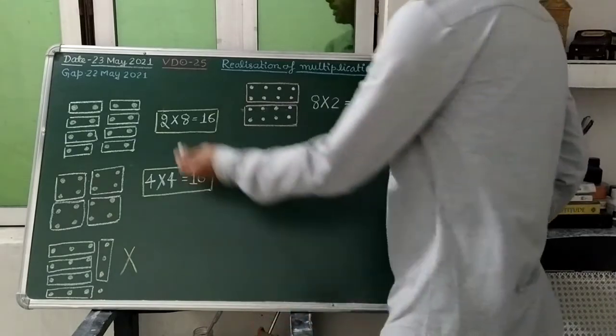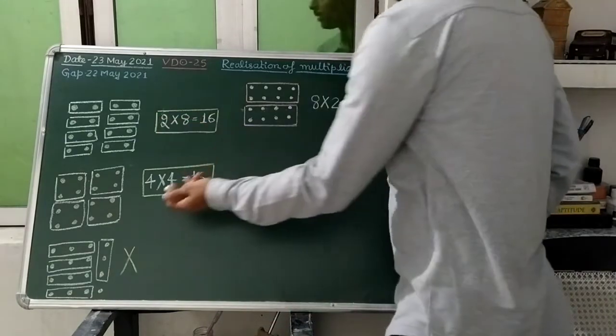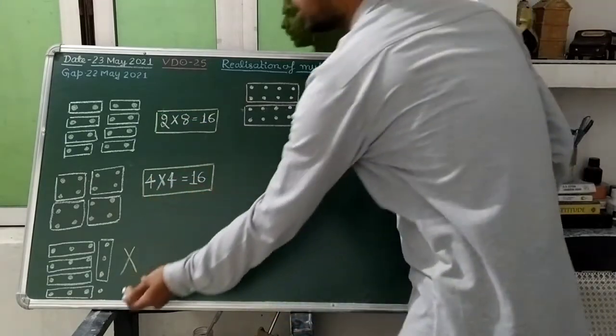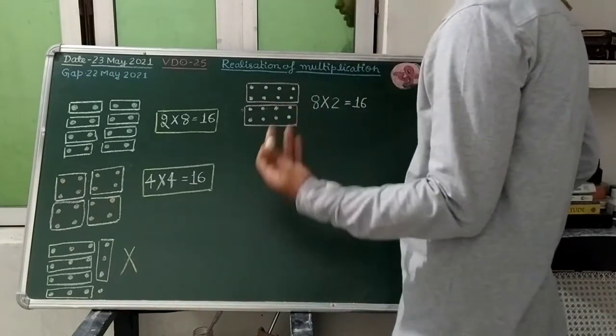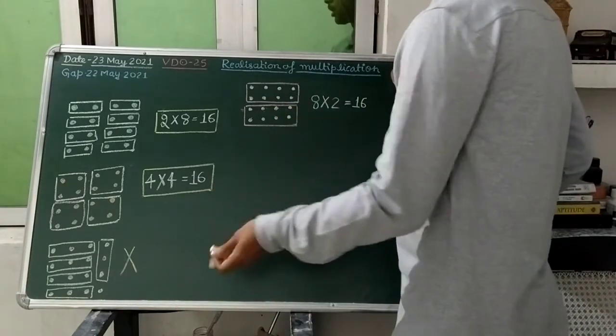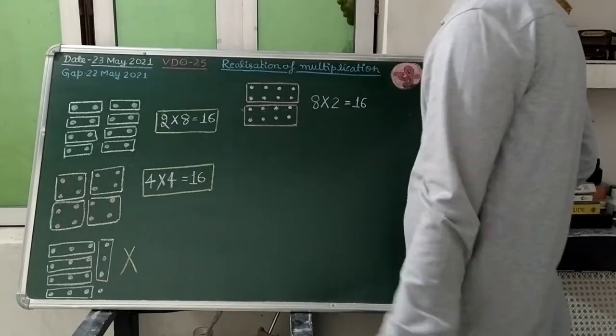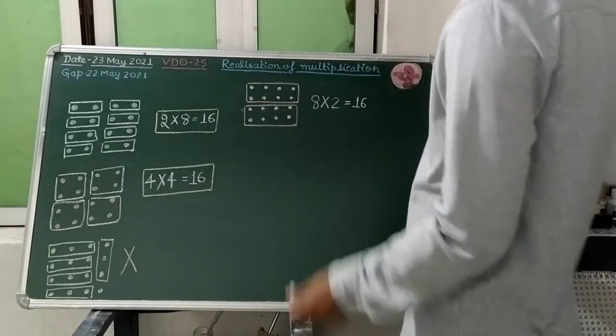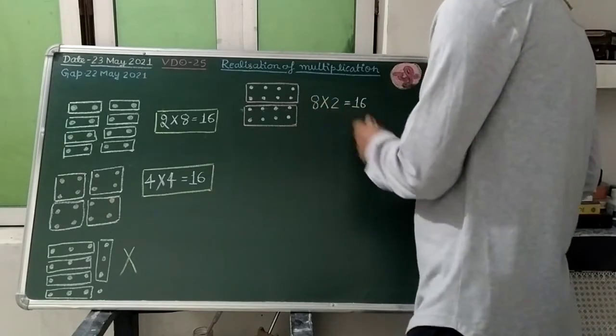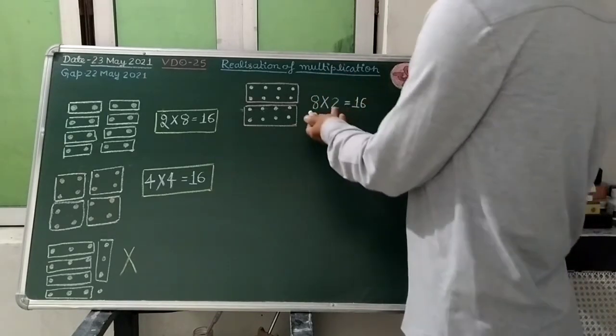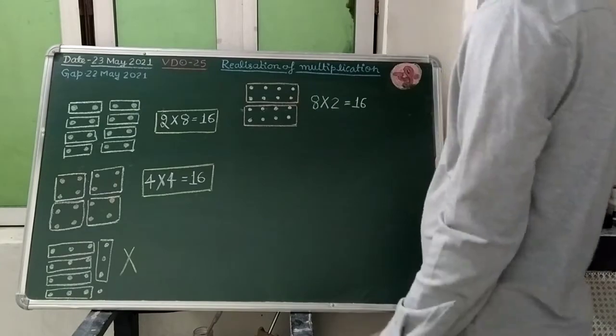And we had seen that now we can't group them in 3 dots, as 1 dot will be left. We have grouped them in 2 dots, we have grouped them in 4 dots. With 3 dots we are looking, 1 dot will be left, so we will not talk about grouping them in 3 dots, since 1 dot will be left. And when we group them in 8 dots, we are getting 2 groups.